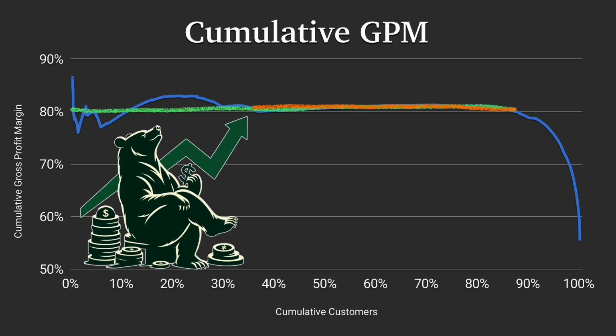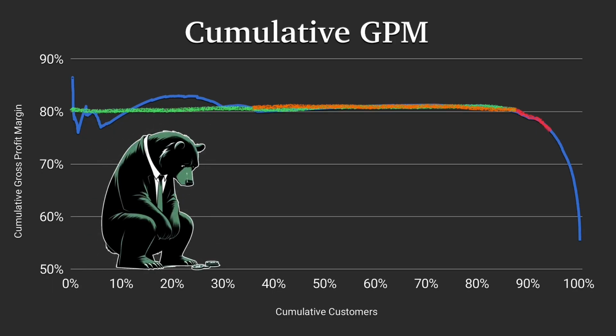And then, of course, we have this massive drop-off as we hit the unprofitable customers, as we already know, but the magnitude of this impact on gross profit margin is even more dramatic than in absolute dollars. We go from this 80% level to 55%, a terrible number. This is so bad that might mean we couldn't raise money.